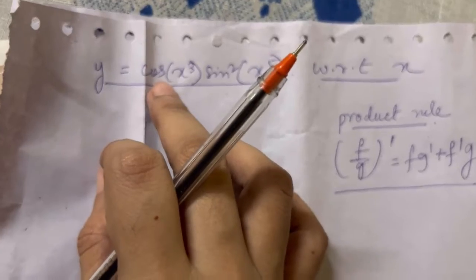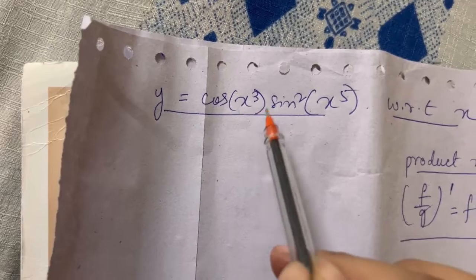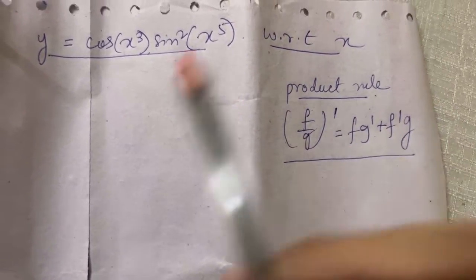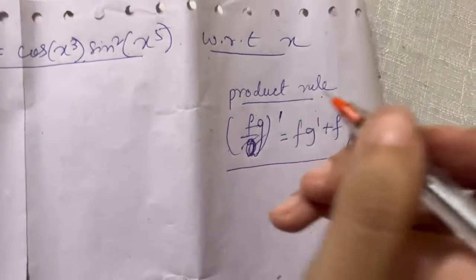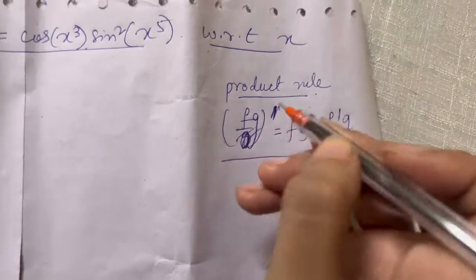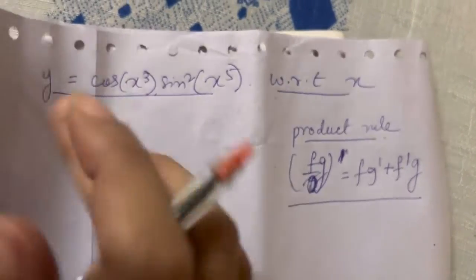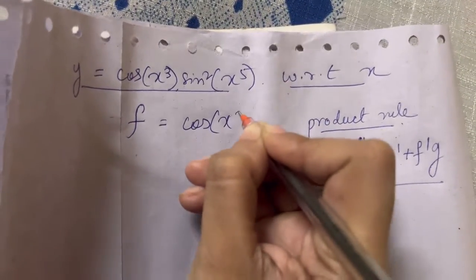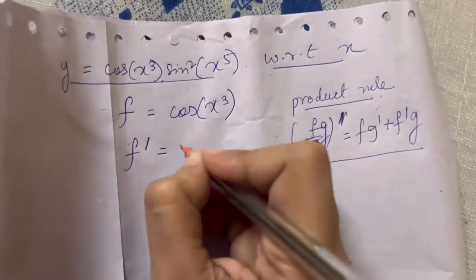Now if you see, we need to apply the product rule here because it's cos x cube into sine square x 5. So I have already written the formula for the product rule. f g dash means differentiate f g. Just dash means you will have to differentiate. Okay, this is the product rule. Now let's start. Here f is equal to cos, therefore f dash will be equal to,